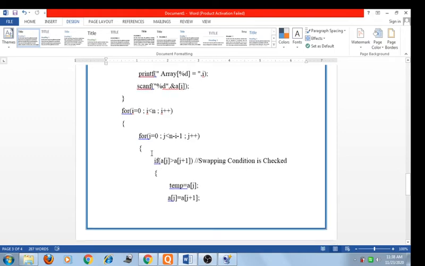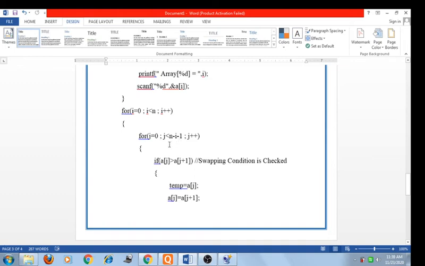Now we again require two for loops. For i equal to 0, i is less than n, i plus plus, and here for j equal to 0, j is less than n minus i minus 1, because we know the rule: if there are n elements, then n minus 1 passes are required for sorting them.